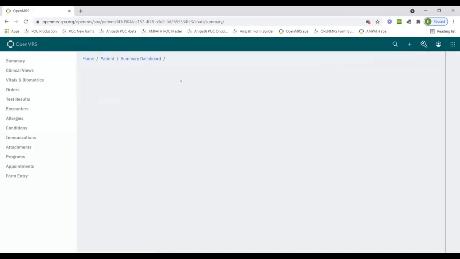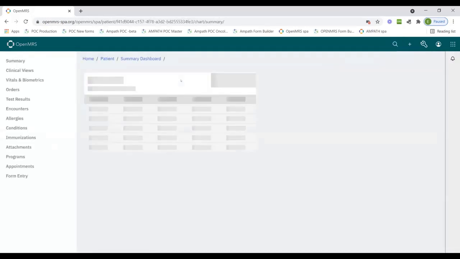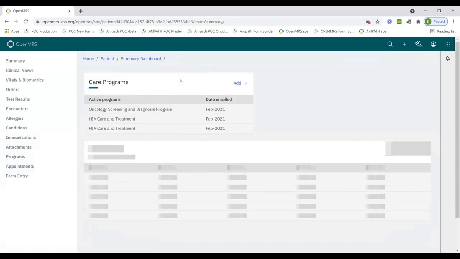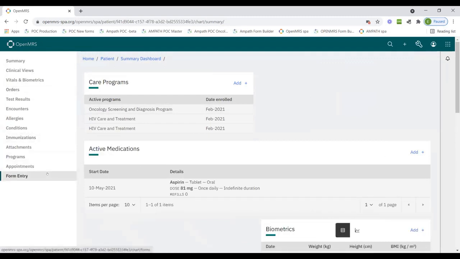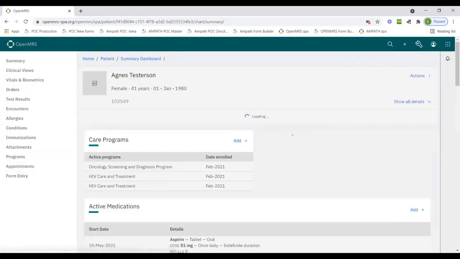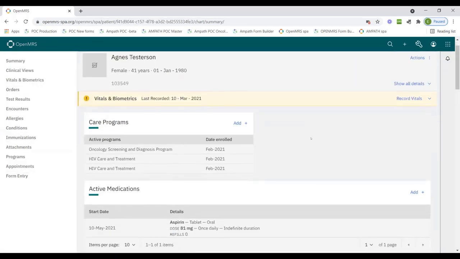So if I click on them, it takes me to the summary page, the summary dashboard. And on the summary dashboard, I'm able to view the various widgets that we have on the patient dashboard. So if I scroll down,